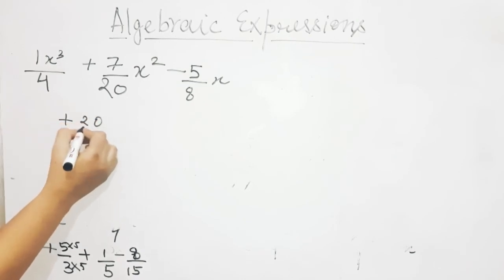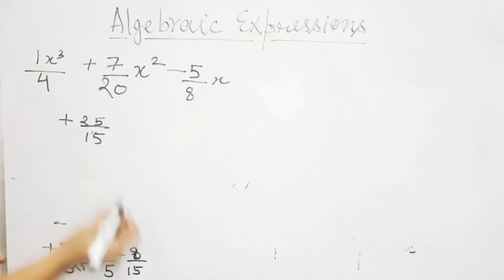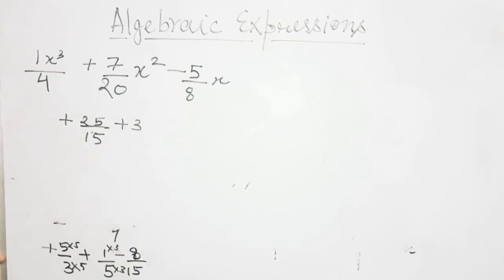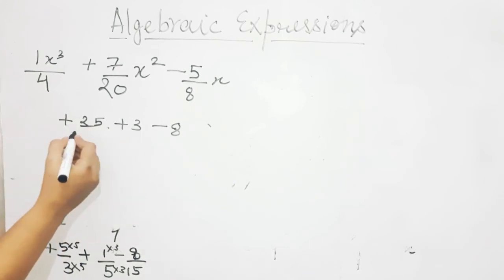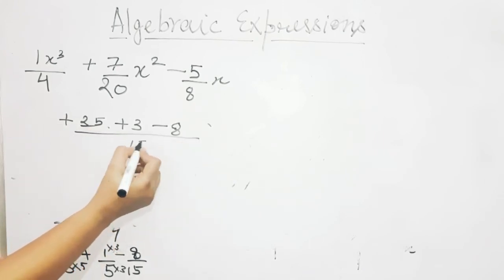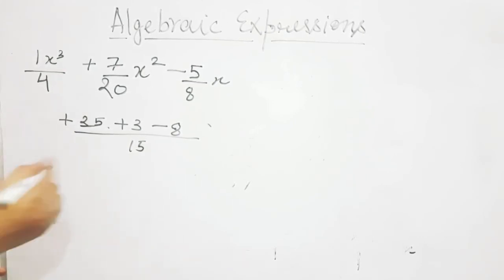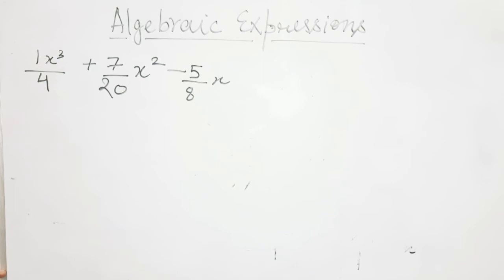So same goes with the numerator. So 5 5s are 25. 25 upon 15. Now coming to the second one, 5 has to be multiplied by 3. So here it will be plus 3. And 15 is already 15. So here it will be minus 8. So at the end it will be 25 plus 3 minus 8 upon 15. Now 25 plus 3 is 28 and 28 minus 8 is 20. So the final answer here will be 20 upon 15. So I hope you must have understood how I have added. So you have to do these two questions in the maths class copy.